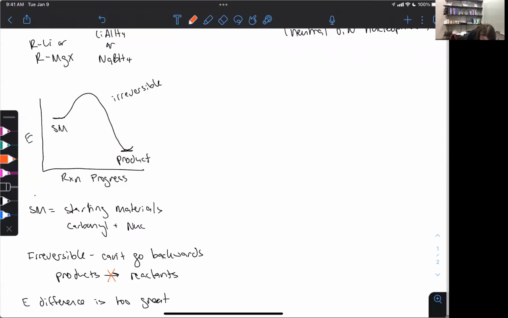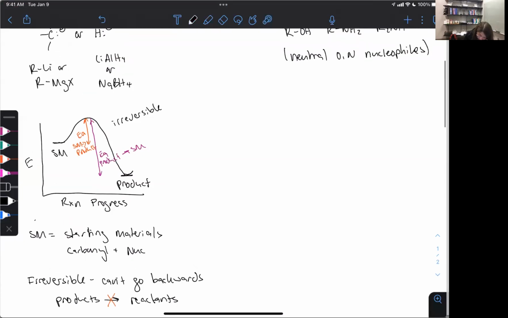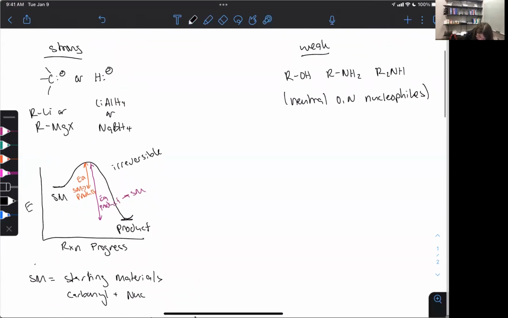Okay, so if we just kind of label this, this is the EA starting material to product. Whereas this one would be EA product to starting material. Okay, much, much larger. So if we look at the situation where we've got a weak nucleophile,